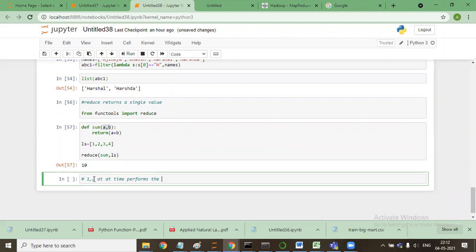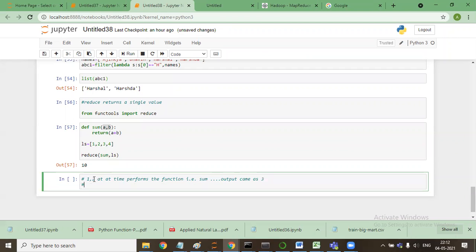performs the function, that is sum, and the output came as 3.